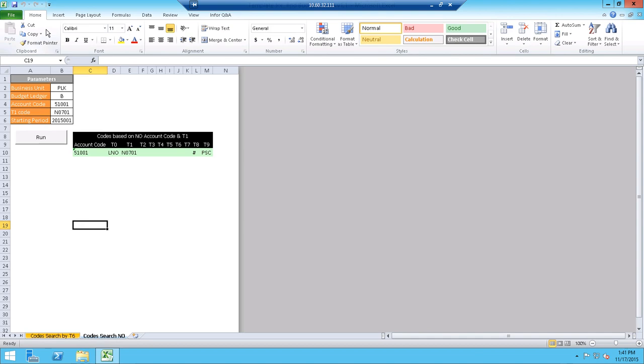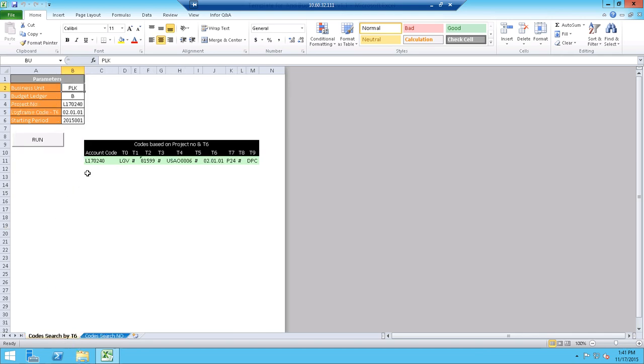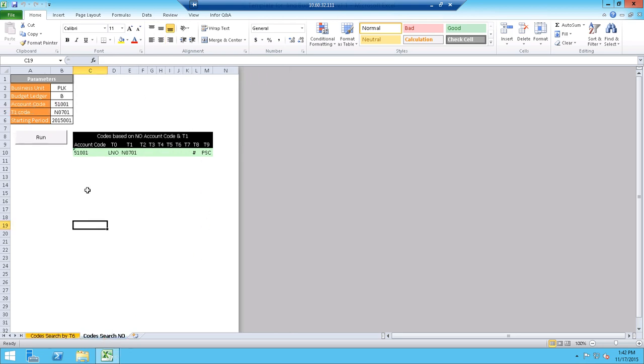Right. In this tool, we have two reports already. Sheet number 1, the codes search by T6. This report helps us extract the balance code based on the project number and the log frame code. Actually, this helps us extract the codes for ministry supply activities. And this particular sheet, code search national office, helps us extract the balance codes for national office expenses based on account code and